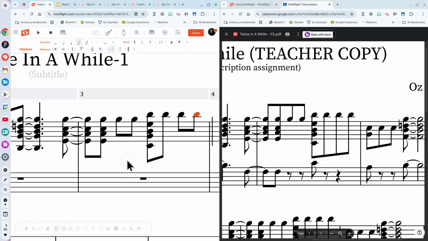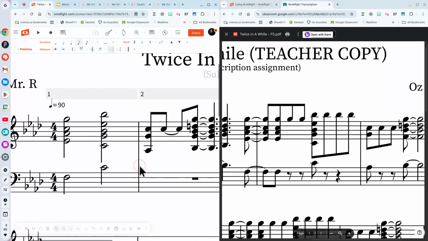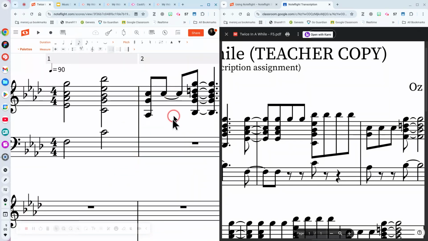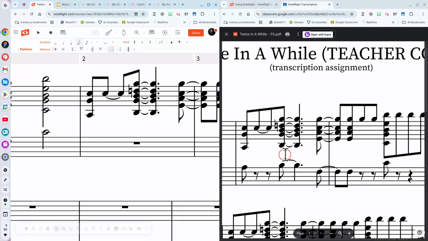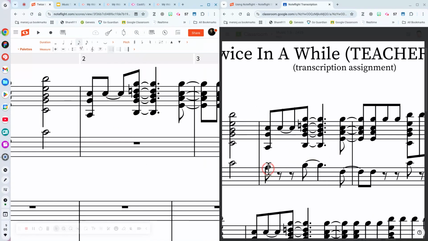Notice how I'm working from left to right. I'm not jumping around. Okay. I can go back now. It's probably a good idea for me to, so I keep both of them the same. I can work in my bass clef. So if I want to go back here, in bass clef I have an eighth note, which is an A